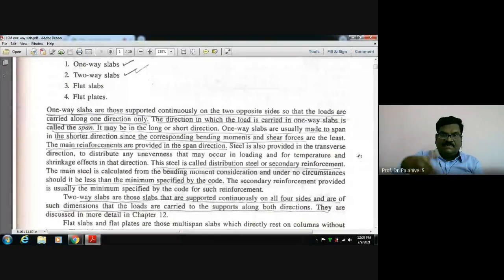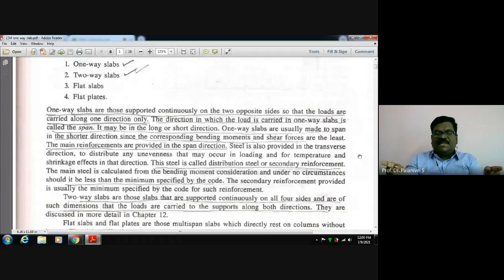The chart paper will bend. But you can see the tendency of bending in the shorter span direction is predominant. The chart paper will bend in the shorter span direction more. Okay, it will go inside. Even if you press it with your hand, you can visualize it along the shorter span. That is the natural tendency. So naturally the tendency of bending will be predominant in that short span direction.